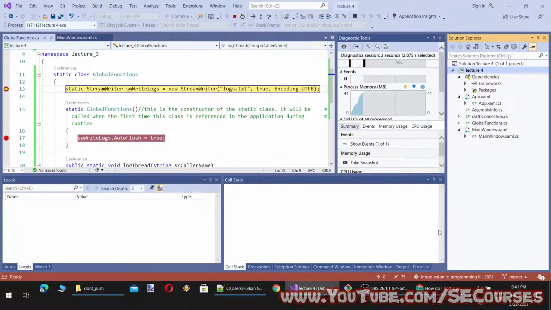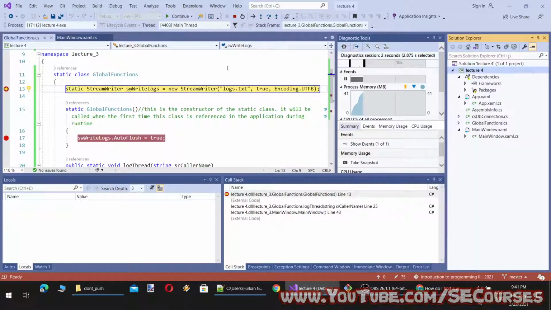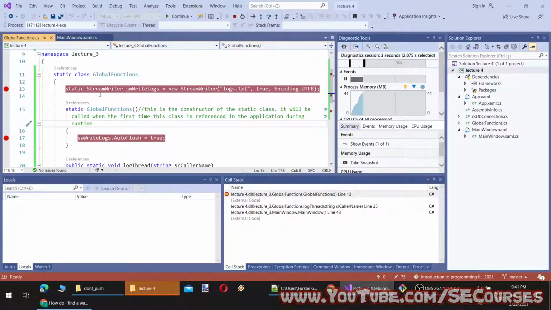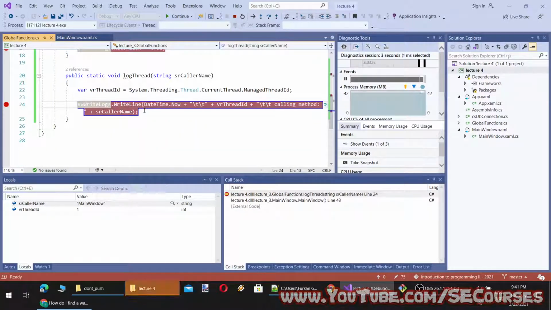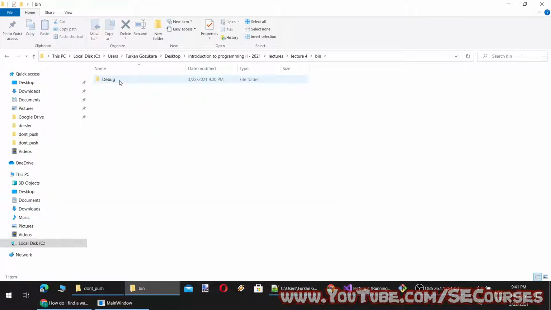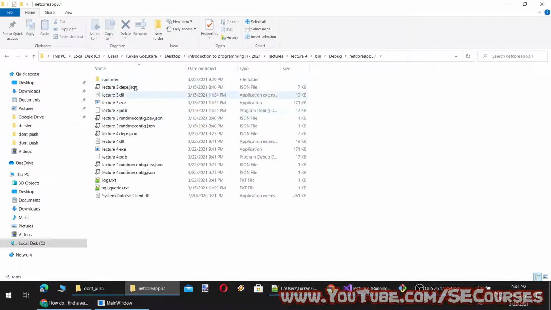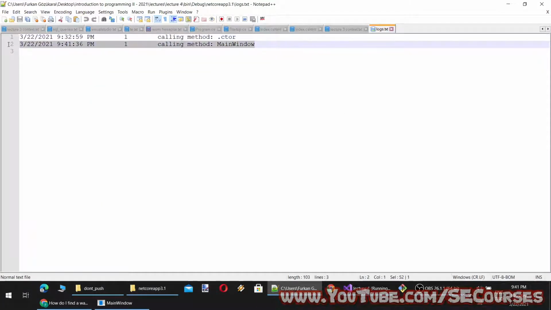Let's also open our debug folder. Okay, first-time initialization, they are called and our method is called. Program started, and let's open our debug folder. And here we have logs, and we can see the log here, thread ID is 1.